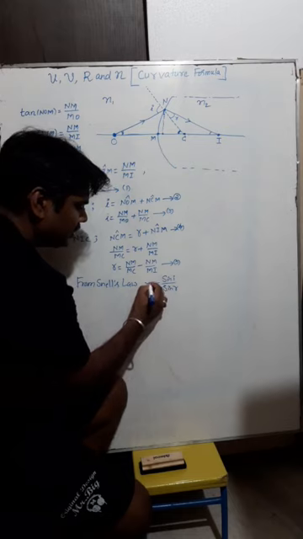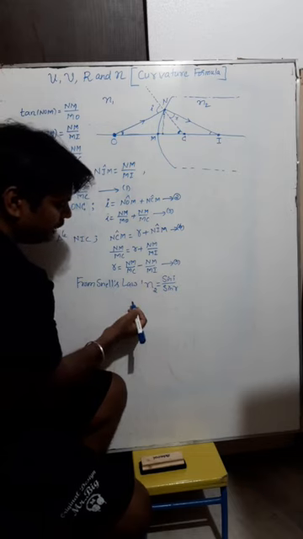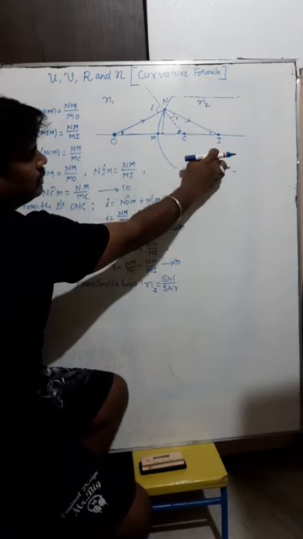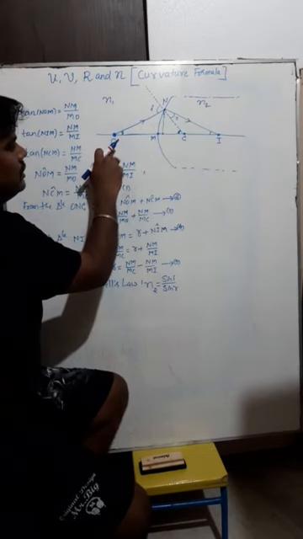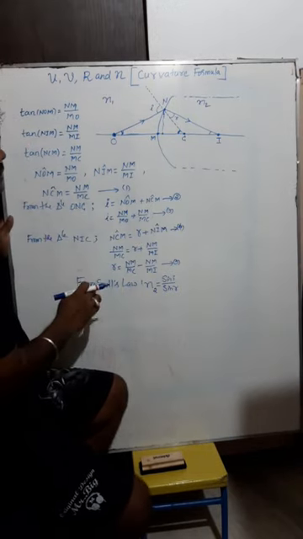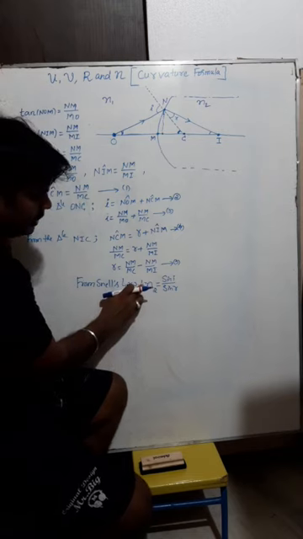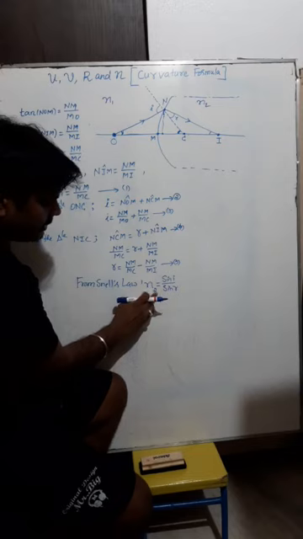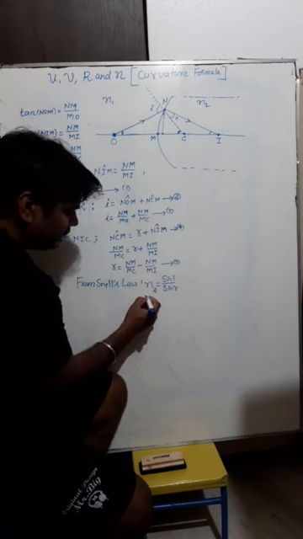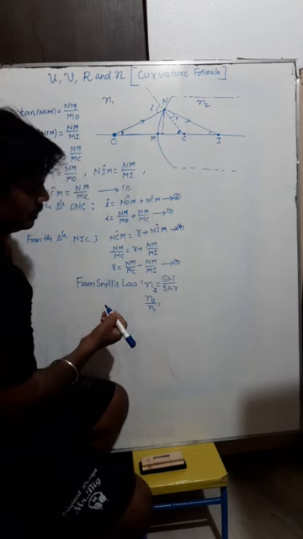That constant is represented as the refractive index of the second medium with respect to the first medium. It means light is traveling from medium 1 to medium 2. So the object is in medium 1, and the image is in medium 2. This image is due to the refraction of light, especially for a curved surface. Now, by Snell's law, the refractive index of the second medium with respect to the first, N12, can be represented as N2 divided by N1, which is equal to,